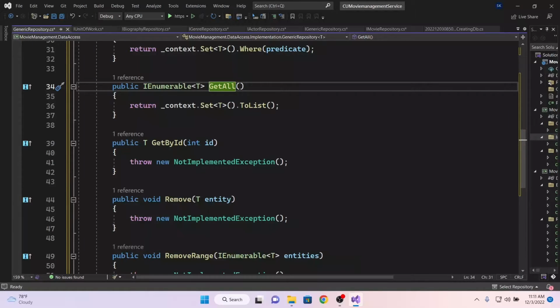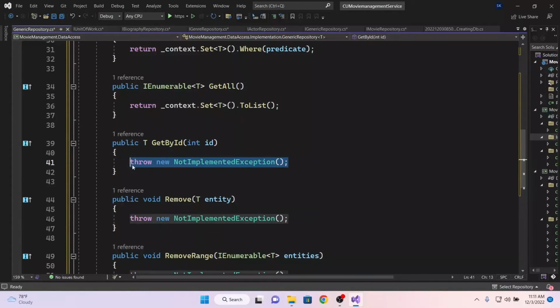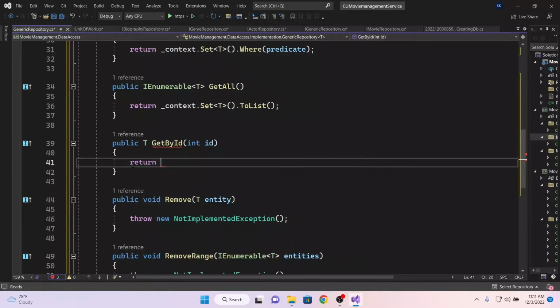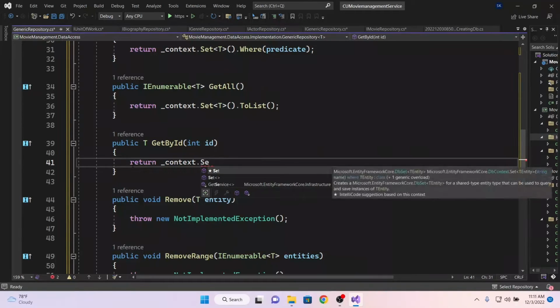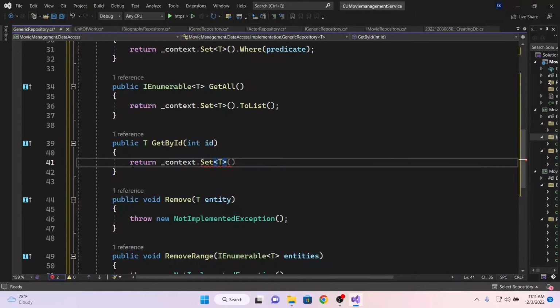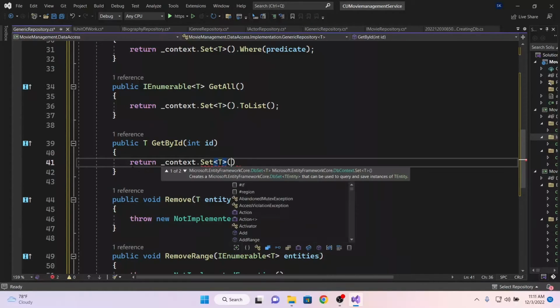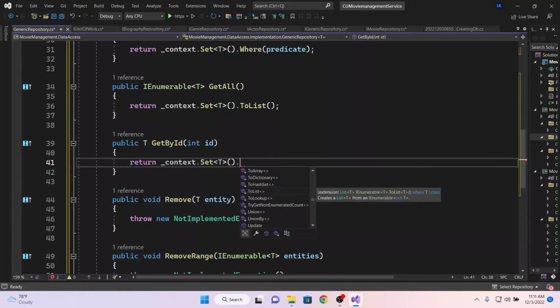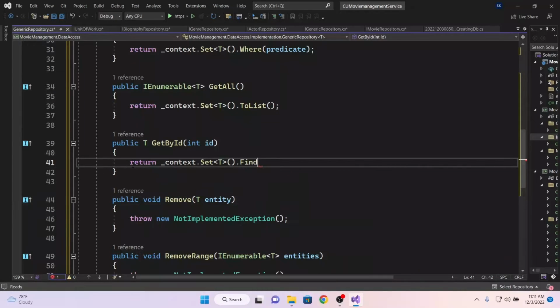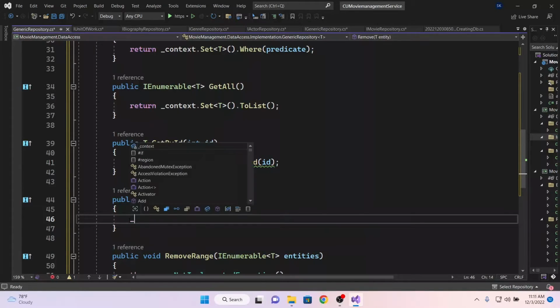For you to get by ID, then you need to return the context. All right. Dot set on the T. So set on T. Then once you're set, dot, you could use find or you could use first or default, whatever you prefer, and set. Of course, that will give you a warning to say it could be null, but that can be handled. And for you to remove something, you're going to get the context,